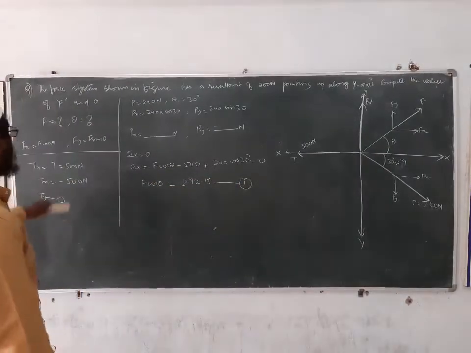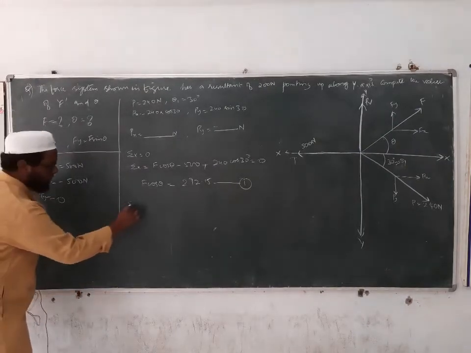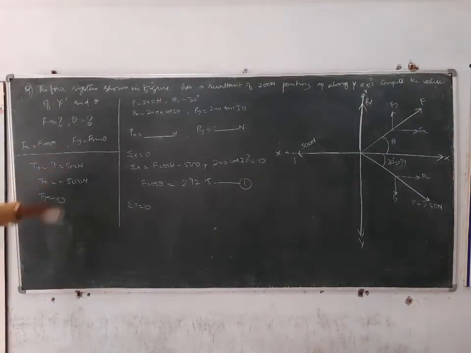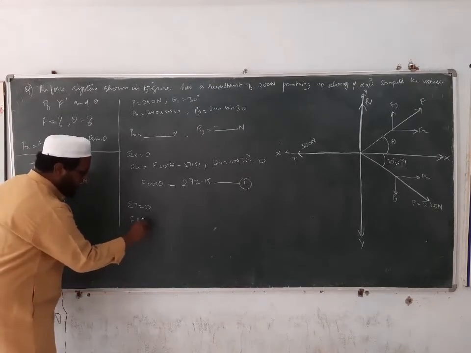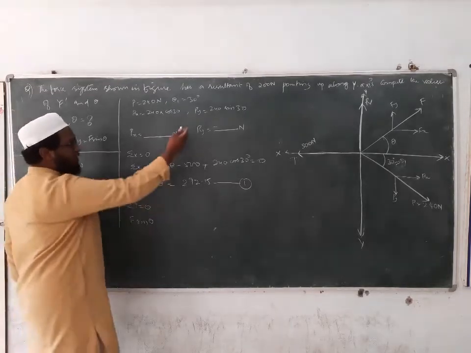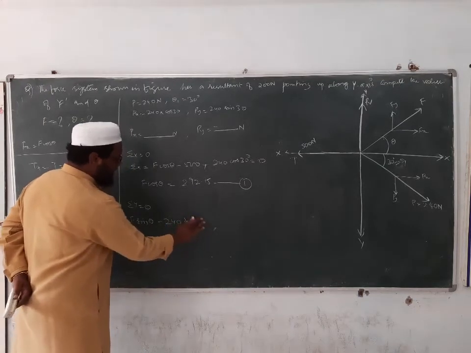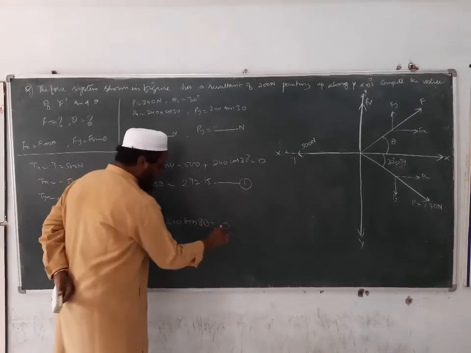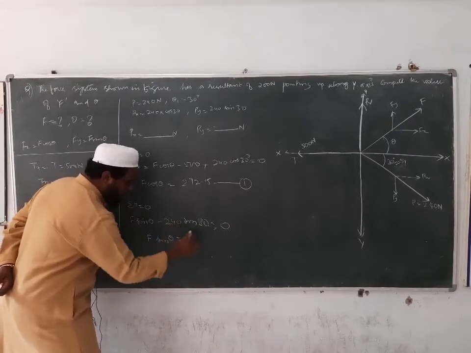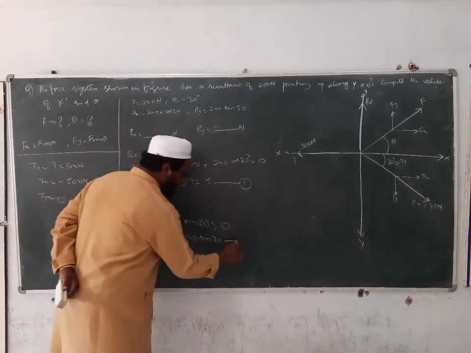Alright. So now we will go for sigma y is equal to 0. You can copy down this one, or else I will write here. Sigma y is equal to 0. So what is sigma y we have? Sigma y is F sin theta. And here in this one we don't have y, so it is 0. Then we have here minus 240 into sin 30 equal to 0. So I can write F sin theta is equal to, if you send there, it will become positive 240 into sin 30. Okay, we'll name this as equation number 2.